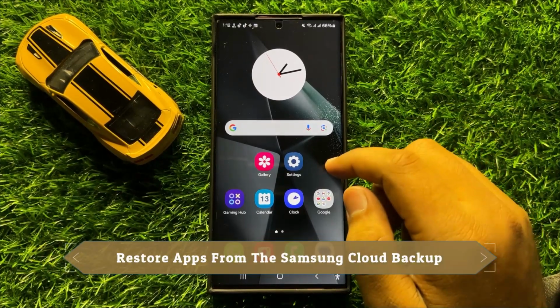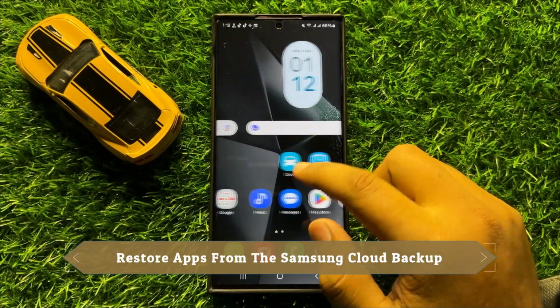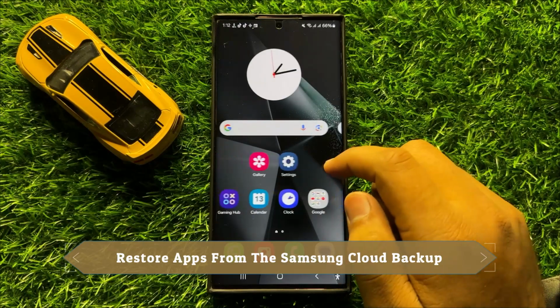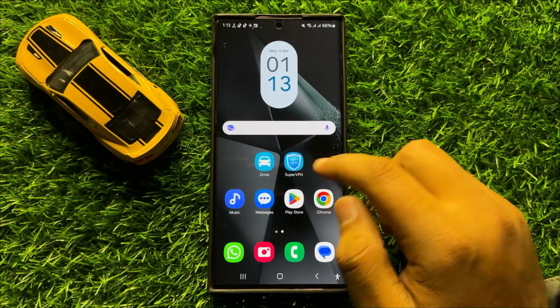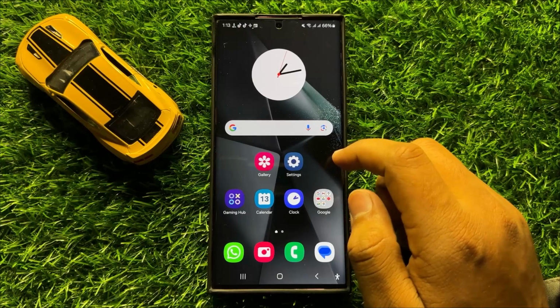Hello everyone, in this video I will show you how to restore apps from the Samsung Cloud Backup in Samsung